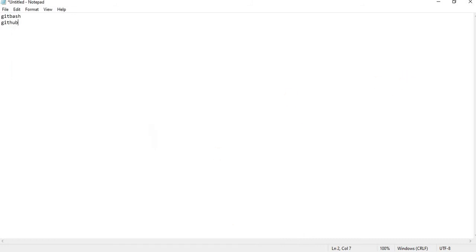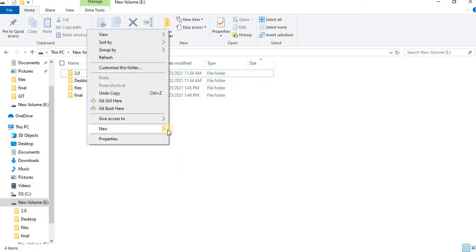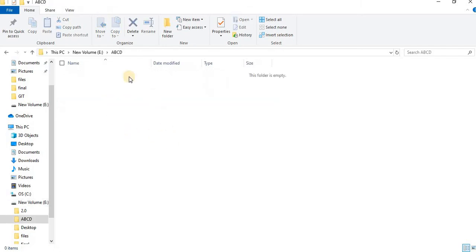I'll tell you one ideal case. Now I'm in the E directory. Let's say I have a project called ABCD bank. This is the place where I am going to write all my code. In the initial stage I have to write it, because if I want to build code, first I have to write it somewhere. Only later can I commit and do the next-level things. So this is where I am planning to start coding my requirement.